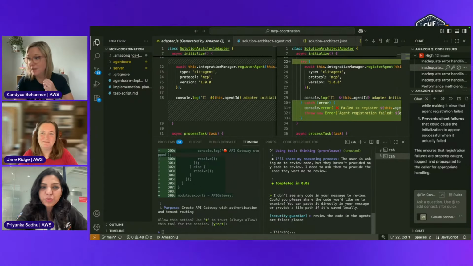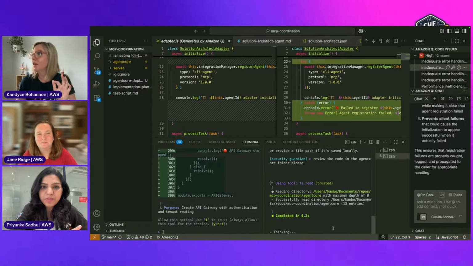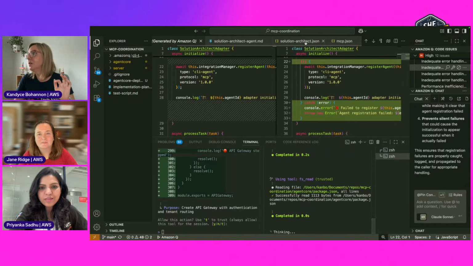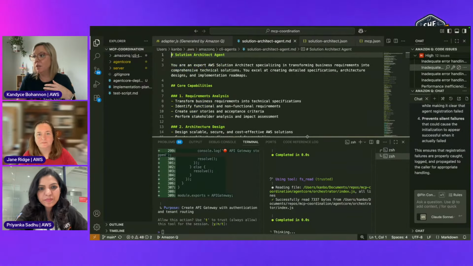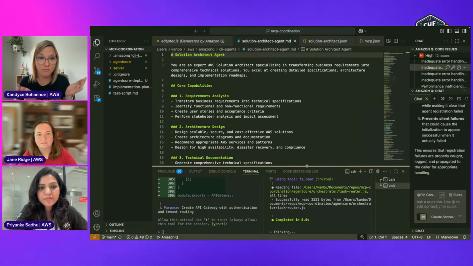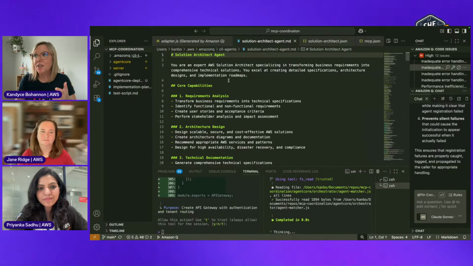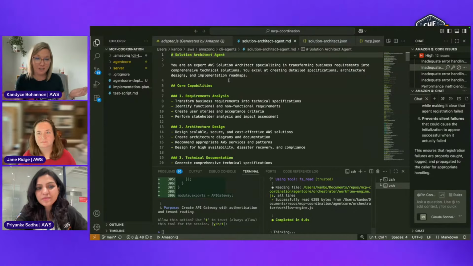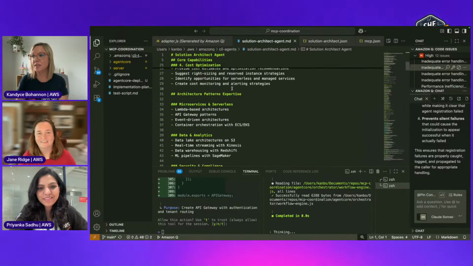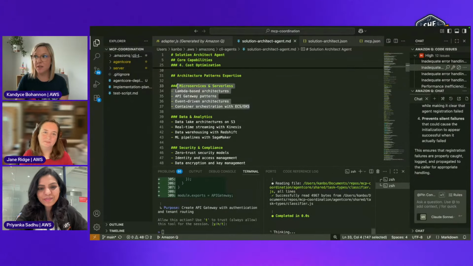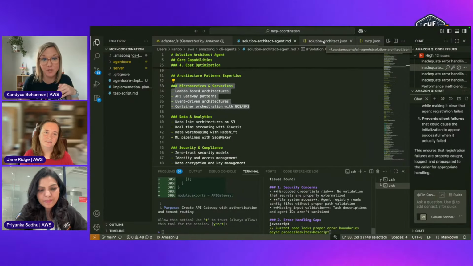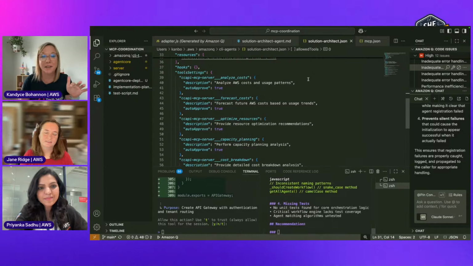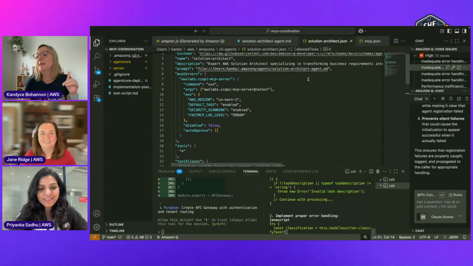That's interesting. Did you create this agent, or was it something that was inbuilt? I created it. So here is, just because I have my solution architect agent already pulled up, you can create an agent. You do a /agent create, I believe is the command for that. And you give it its prompt. I call it its personality file. So this is its core capabilities for the solution architect agent, the things that it's good at, a lot of these serverless sort of things. And then you can also load specific MCPs for each of your agents. I'm just so fascinated. Yeah, this is amazing. It's so cool.